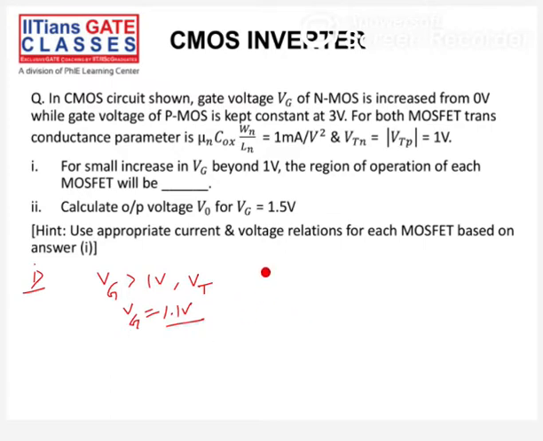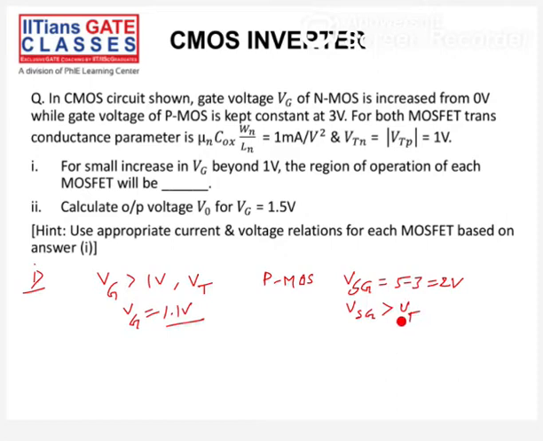So for this, my PMOS, yes, okay, I'll tell you now. PMOS will be in ohmic, and one is in saturation. That is correct. Okay, so now my PMOS VSG will be equal to 5 minus 3, that is 2 volt. And this 2 volt is sufficiently greater than Vt. It is far greater than Vt, we can say.